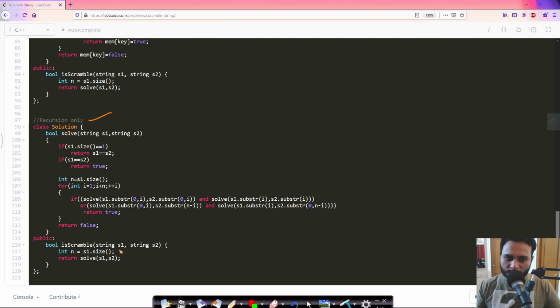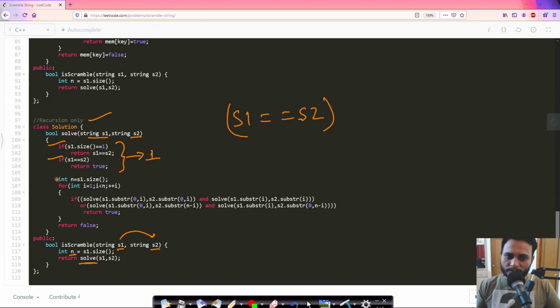In this case we are given strings s1 and s2. I have found the length of the string because both of them will have the same length according to the question, and I have called this solve function. In this function we will be passing the two strings s1 and s2. Now it will check if s1 length is equal to 1. If s1 length is 1, then s1 should be equal to s2 according to the problem statement. I have also given this in the observation part. Otherwise, you can also check if s1 is equal to s2. So you can combine both these steps into basically one step. They are both nothing but the same. You don't need to do it explicitly.